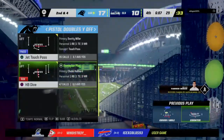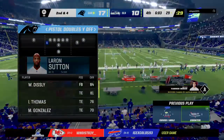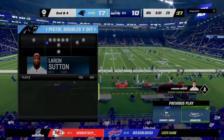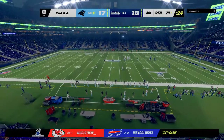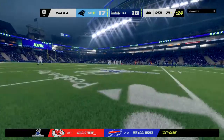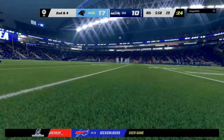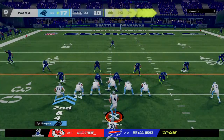Now, I'm guessing you'd say this is kind of the key here. Grind out some yardage, work on that clock, see if you can continue to tick it down. Definitely, you want to bleed things out at this point, right? Continue to possess the football, gain some yardage, and put the onus on the defense. Do they have to use timeouts? What are they going to do to stop you? You're taking charge. If nothing else, they've already taken a couple minutes off the clock here already as they come